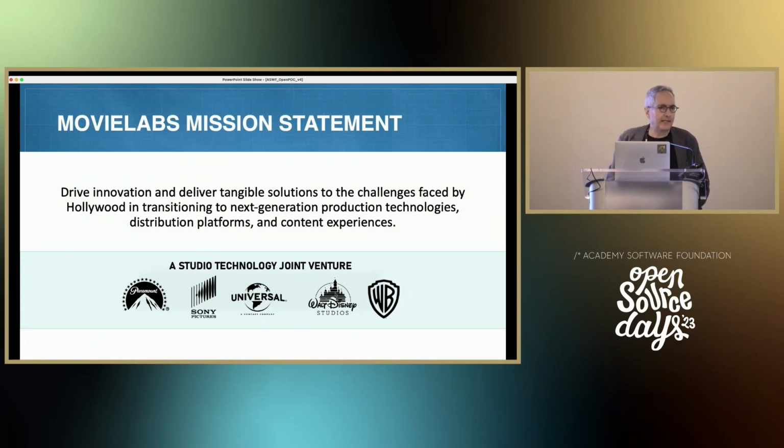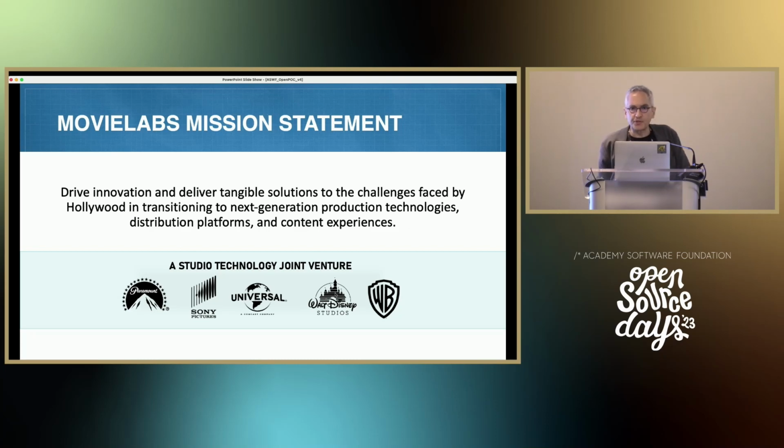We're a technology joint venture of 5 major Hollywood studios: Paramount, Sony, Universal, Disney, and WBD. We've been around for a while and have worked in a number of different areas. We helped get HDR video into the international standards bodies. We did a bunch of work on identifiers, the Entertainment Identifier Registry.